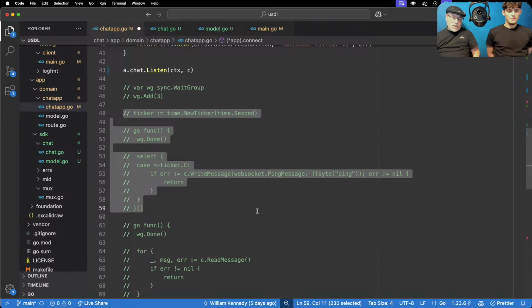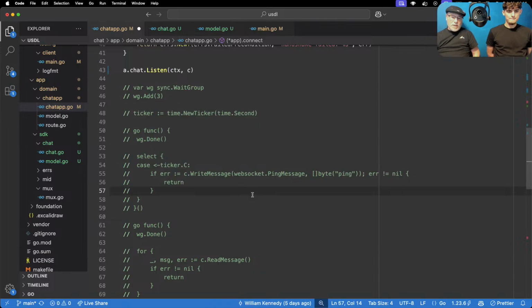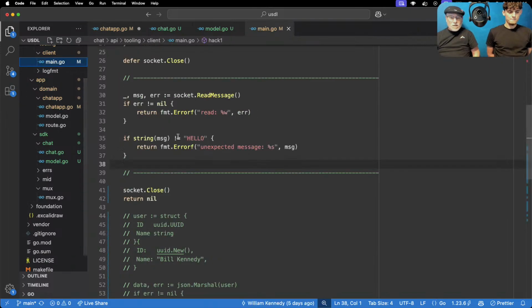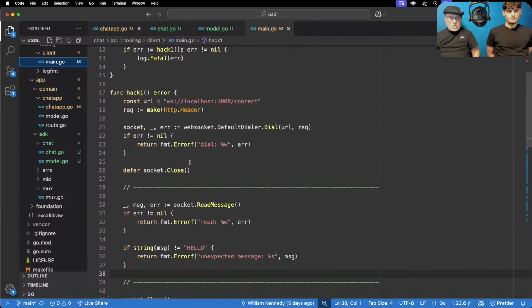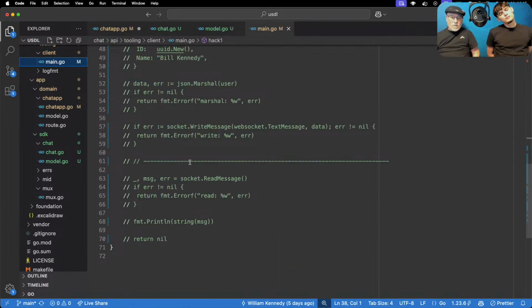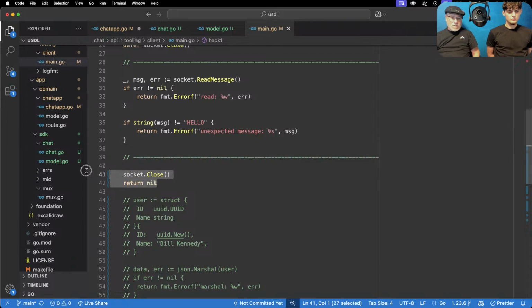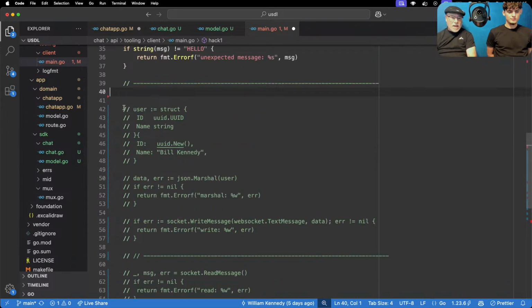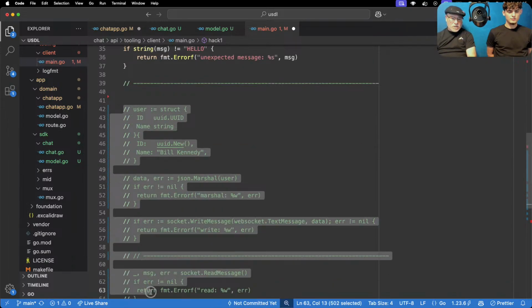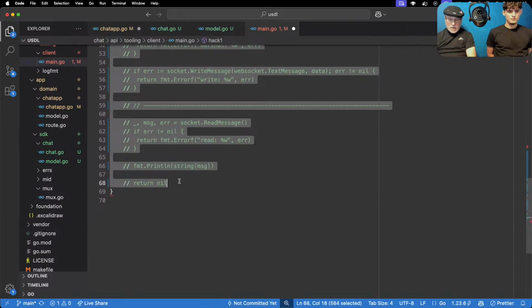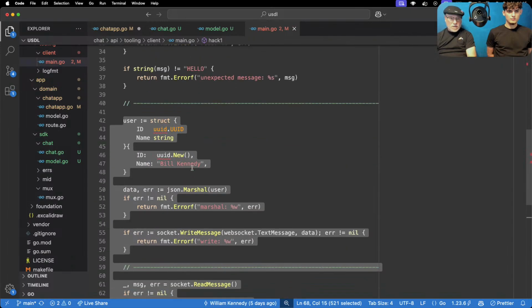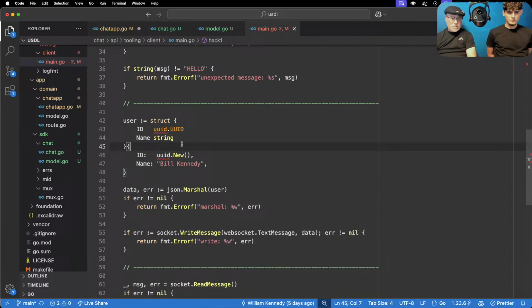The other thing we can do, though, even though I did the ping on this side, we might want to read this. Is that maybe what we should be doing is not the ping, but the